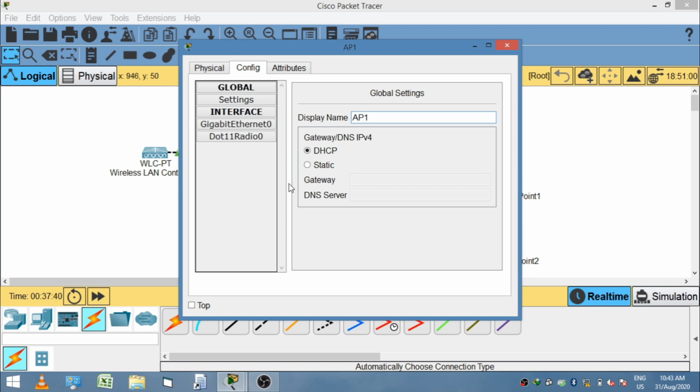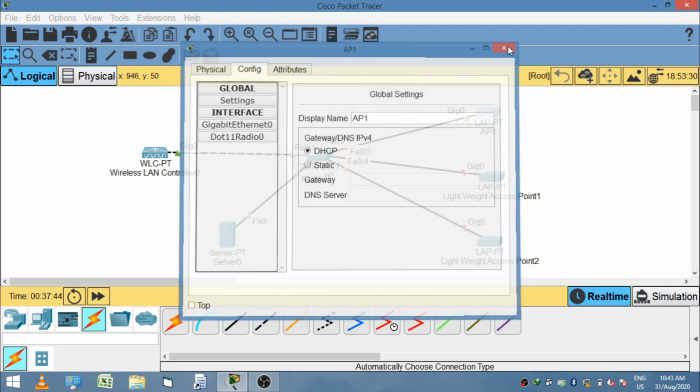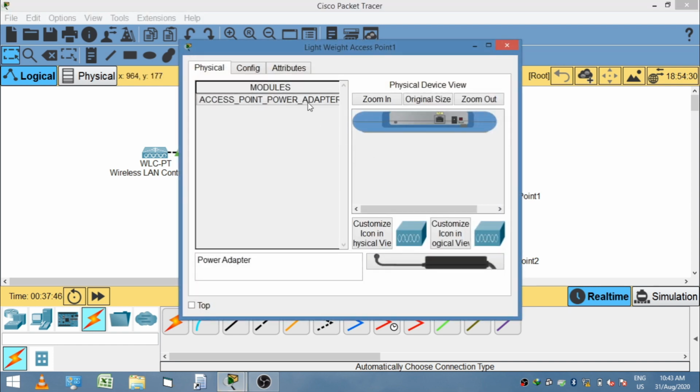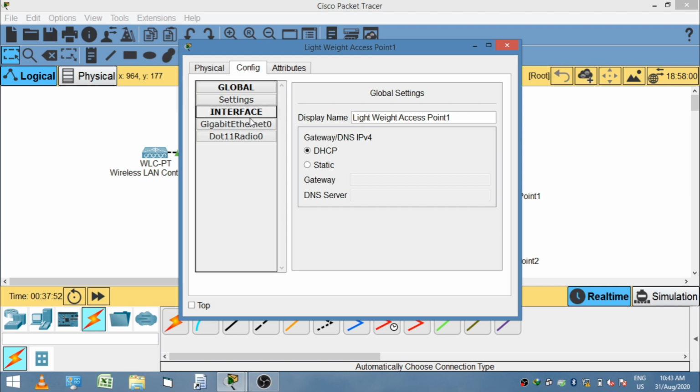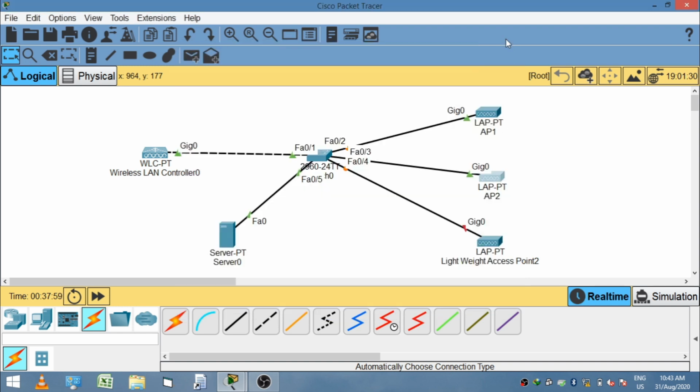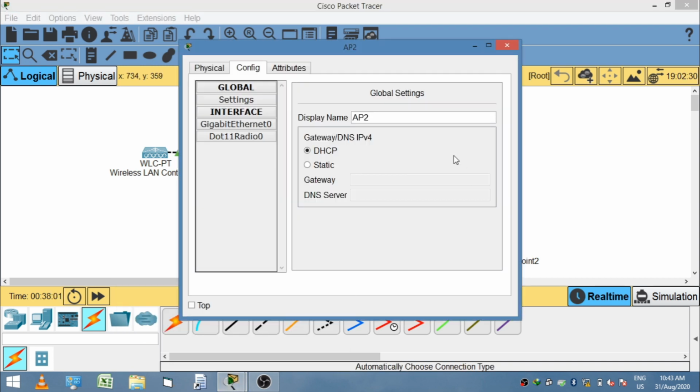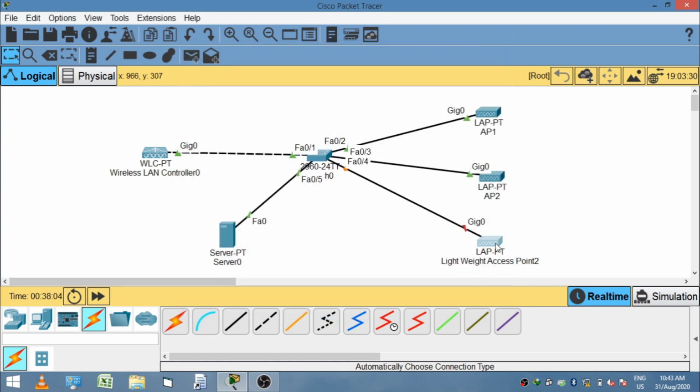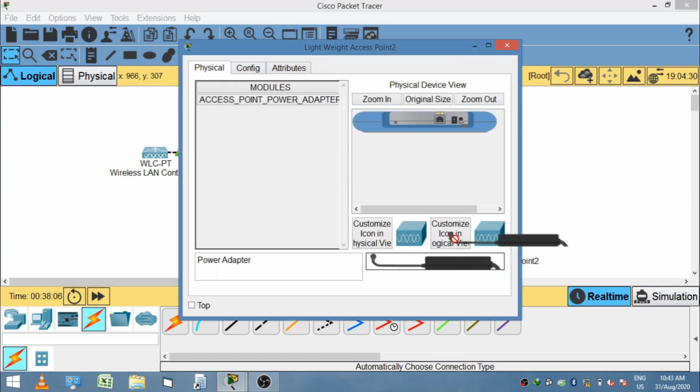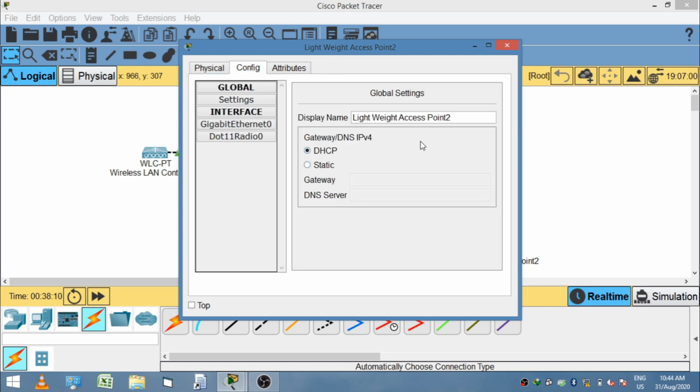Next, go to the first LAP-PT and power on, then set the display name as AP1. Then go to the second LAP-PT, add the power module, go to the config tab and write the display name as AP2 and click on DHCP.